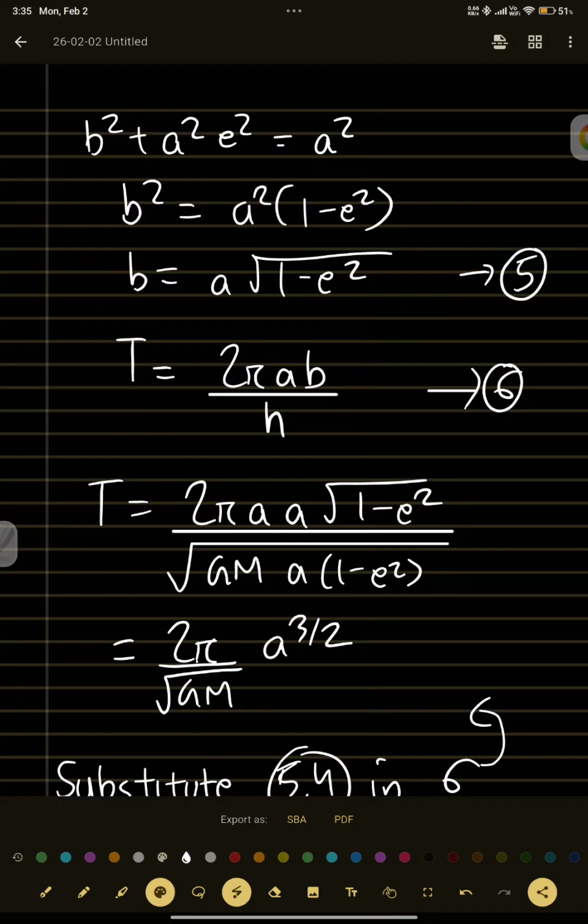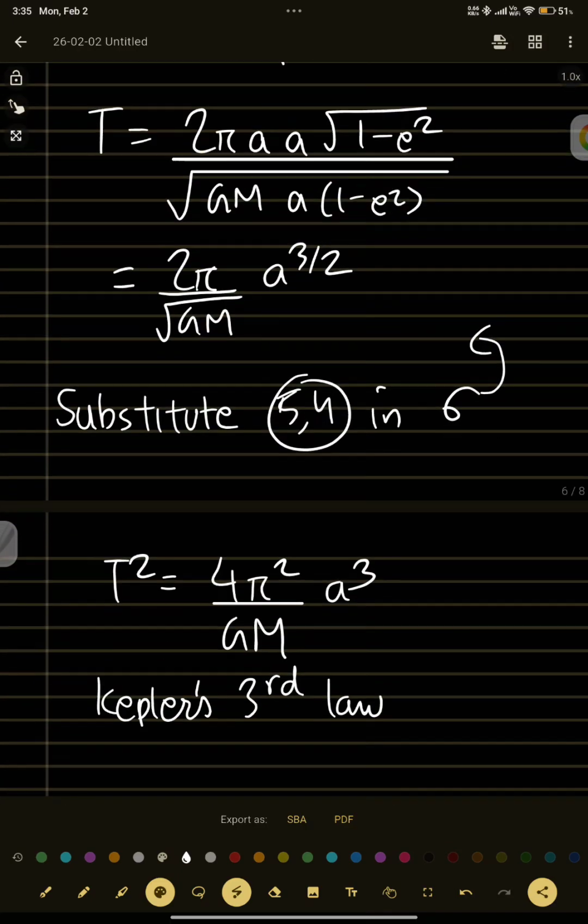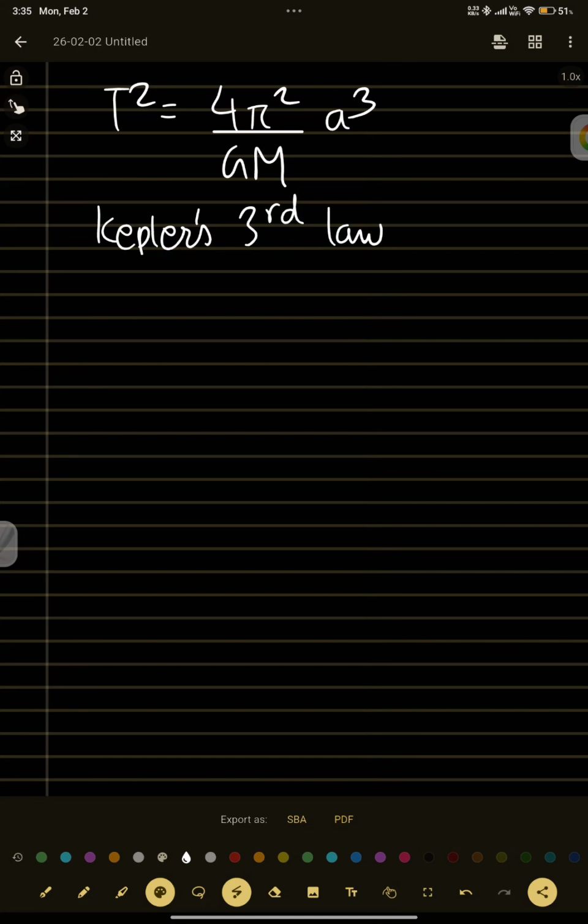One could have written something like this. Let's say r square theta dot is h. ठीक है, यहां से भी टाइम पीरियड निकाल सकते थे. ओके, your theta dot is d theta by dt. ठीक है, so you could have written